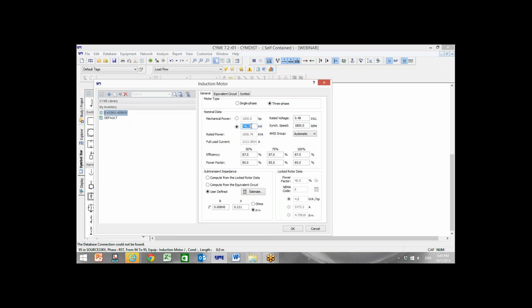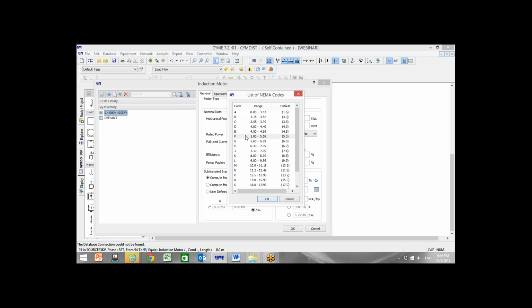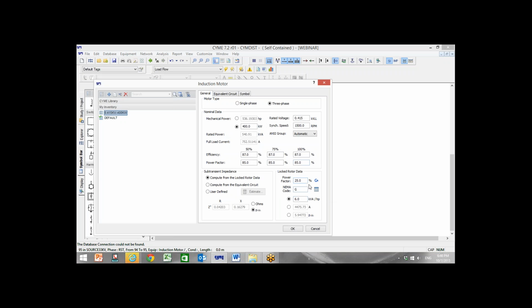So I go to 400, okay, and the voltage is 415, that's it, speed is 1500, and then here, like rotor data, 25 power factor, I select F or G, like rotor data, and like rotor current is, for example,